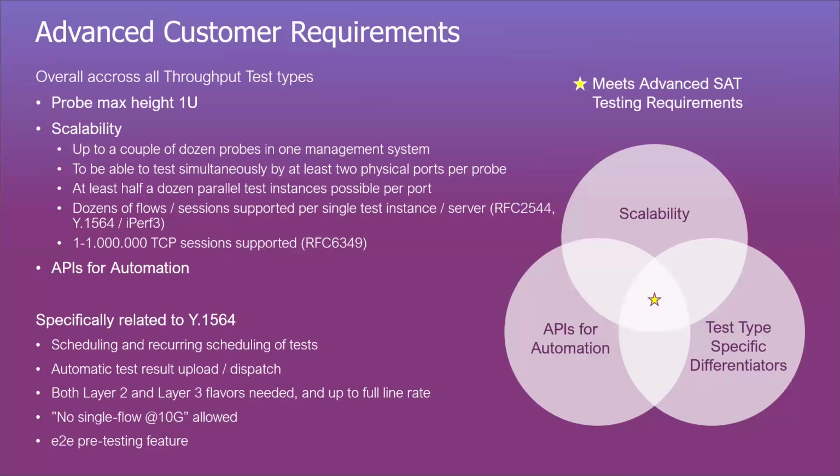And operators, of course, vary in size and needs, but even for most demanding deployments, it seems enough if a couple of dozen probes can be supported in one management system, and if each probe can have 2 physical ports doing measurements at the same time, and this way they can also connect via redundant site routers A and B. Apart from test ports, also parallel test instances per port are many times asked, because there can be dozens of field people, engineers deploying sites in a given region, and several independent tests is therefore an obvious need,